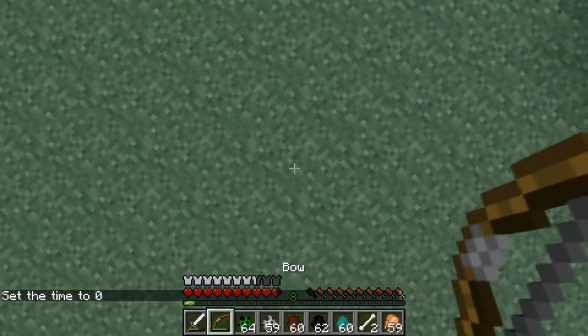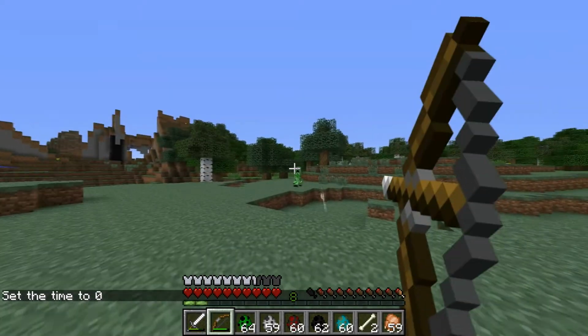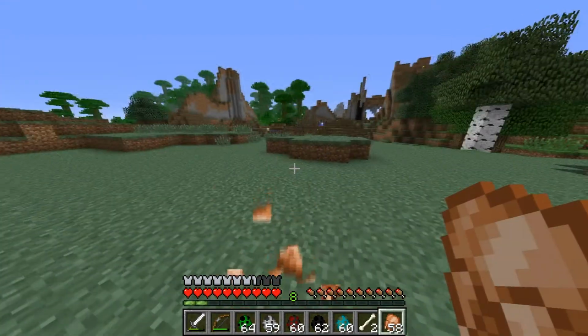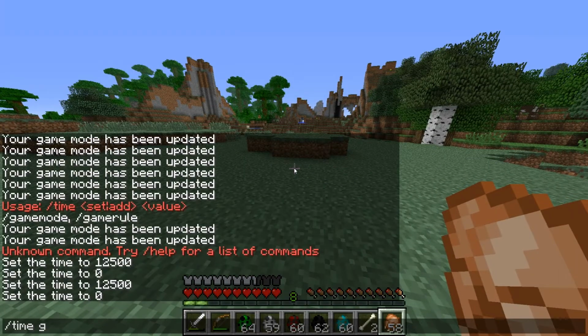Going to give ourselves some space here. If there's a creeper in the distance, don't let him engage you. Just keep hitting it with arrows at a distance, just like anything else. We're going to eat some chicken. And now we are going to go into game mode creative,